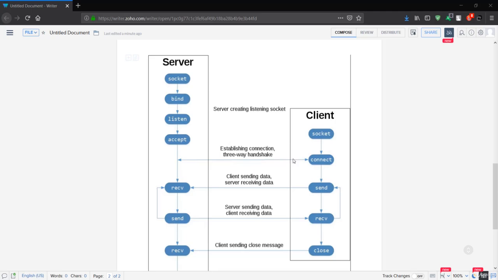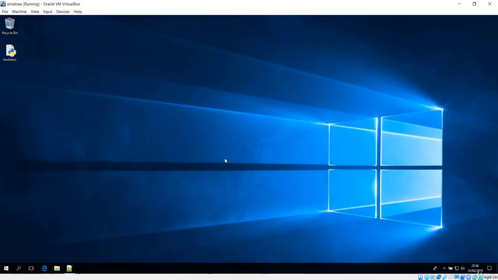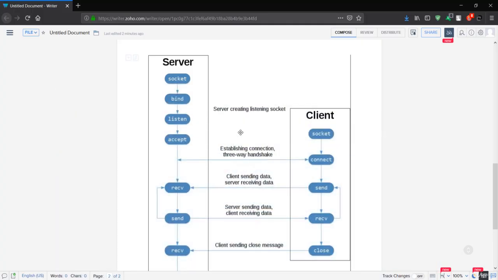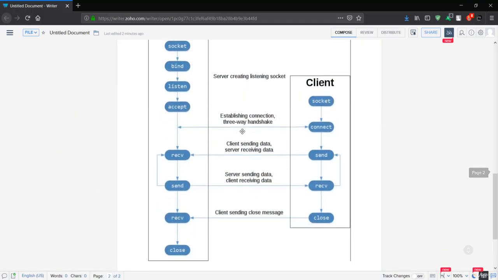Hello and welcome to this journey of making the reverse shell or a backdoor with the help of Python. So in the previous lecture we saw how we can connect these two, a client and a server, through the socket module of Python. Now let's see how we can send data through these API calls.